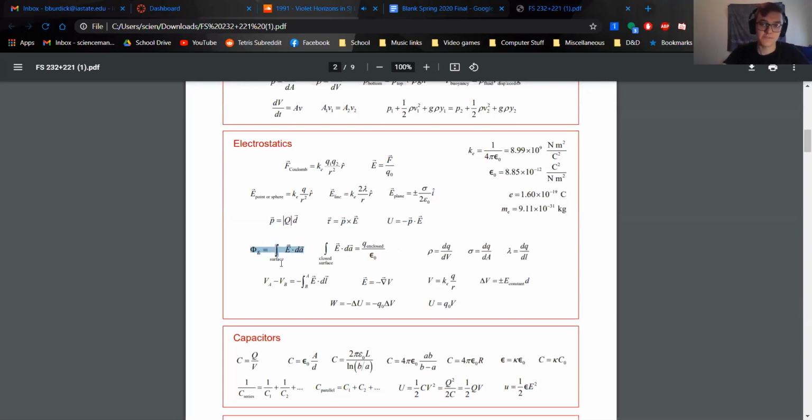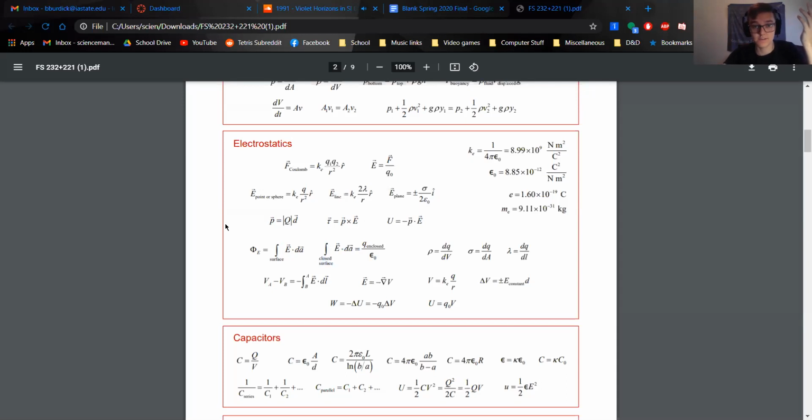So this is a surface integral. Remember, in this class, you don't ever have to do actual surface integrals. It's beyond the scope of this course. You don't have to have Calc 3 under your belt to do it. But what you do need to know is, so long as you have your area vector and your E field vector parallel to each other, so they're pointing in the same direction or against each other, in that case, then you can just take E times the surface area of whatever surface you're integrating over. So that's the idea behind electric flux,